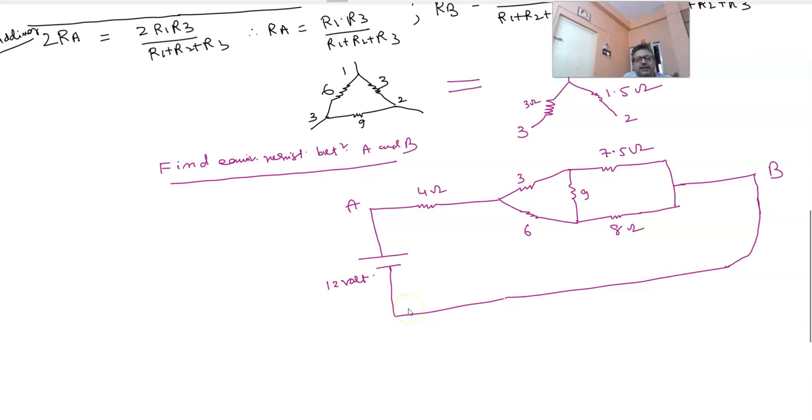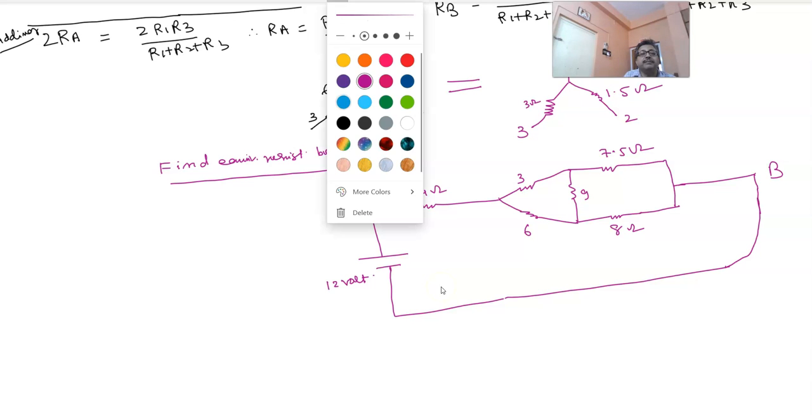Normally we do it this manner. But in an entrance exam where there is just 1 minute or 2 minutes time left for you to solve a sum, you will not prefer to get it by Kirchhoff's law or Maxwell's cyclic current. You will prefer to get it by converting this, this is a delta one, we will convert this one to star one. Let's see how nicely it can be converted. You can do it very fast by some mental calculation. Okay?